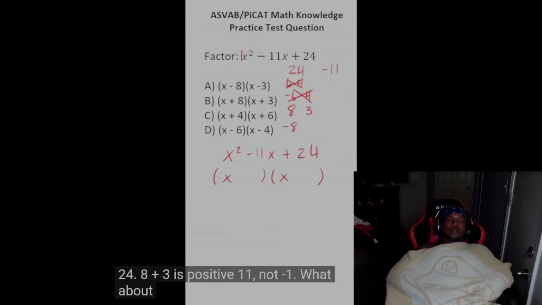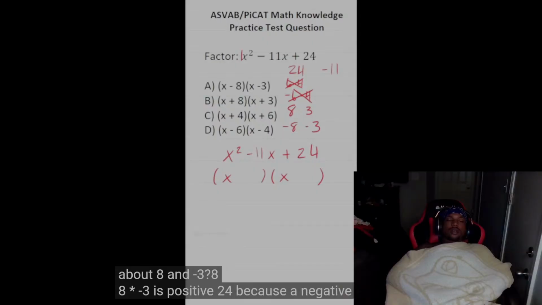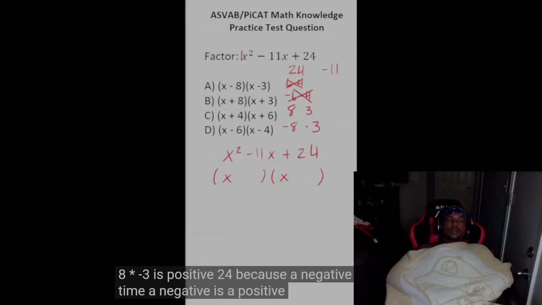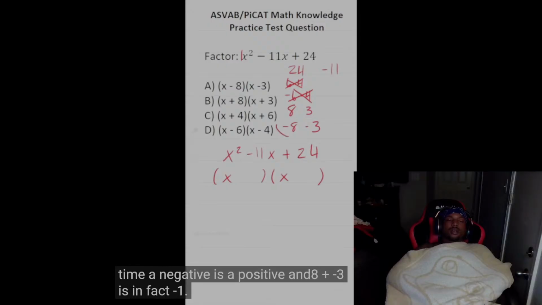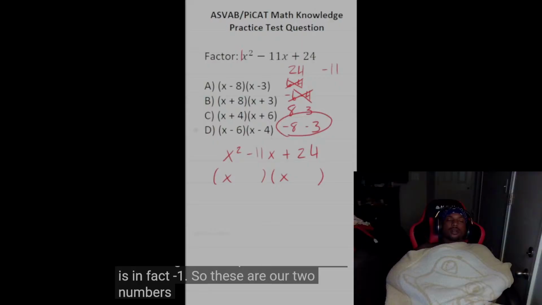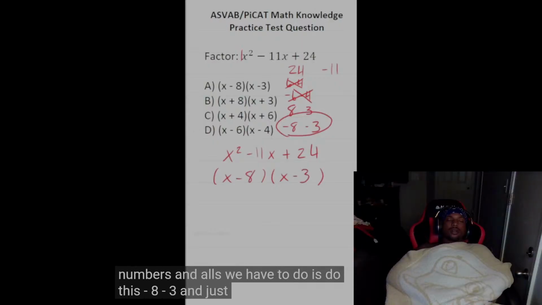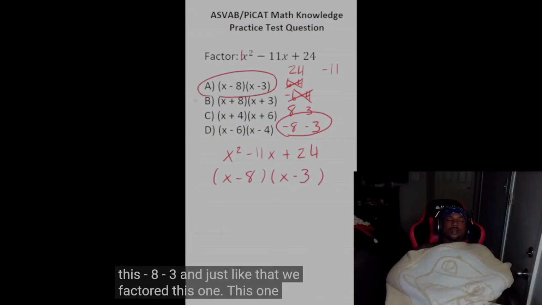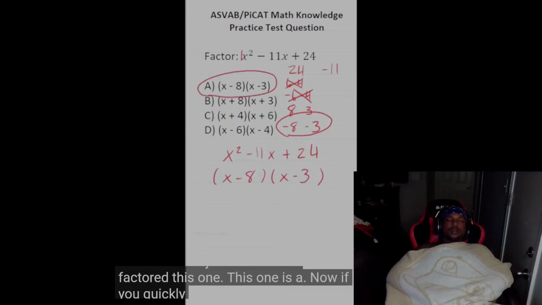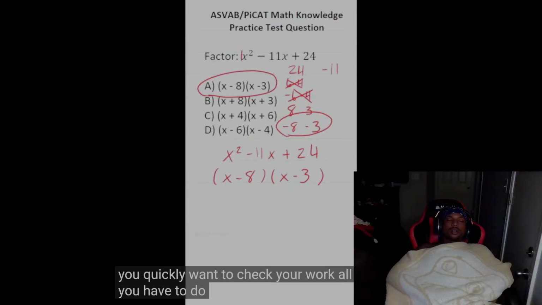What about negative 8 and negative 3? Negative 8 times negative 3 is positive 24 because a negative times a negative is a positive. And negative 8 plus negative 3 is in fact negative 11. So these are our two numbers, and all we have to do is do this, minus 8, minus 3. And just like that, we factored this one. This one is A. Now, if you quickly want to check your work, all you have to do is expand